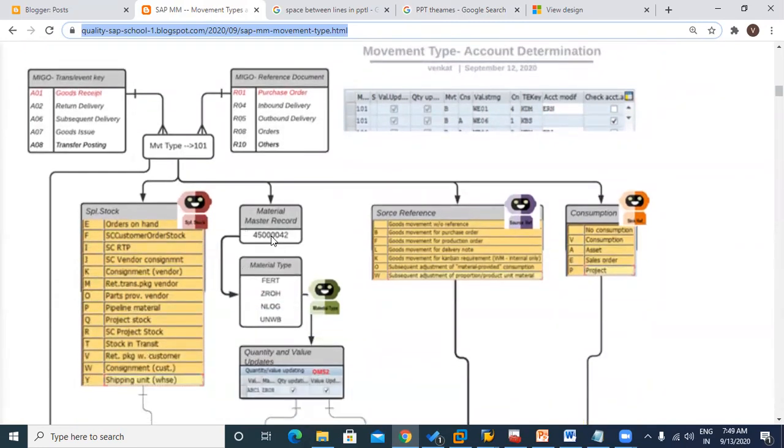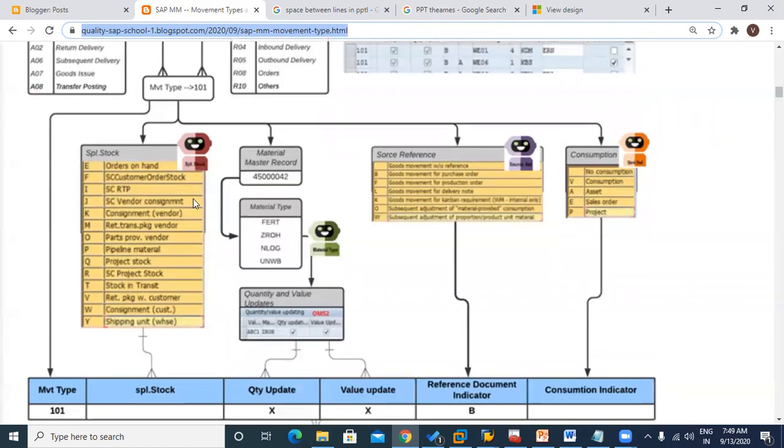The system is doing something like four searching robots. There are no robots inside SAP; it is some coding doing the function like a robot. I've just explained it like robots here.